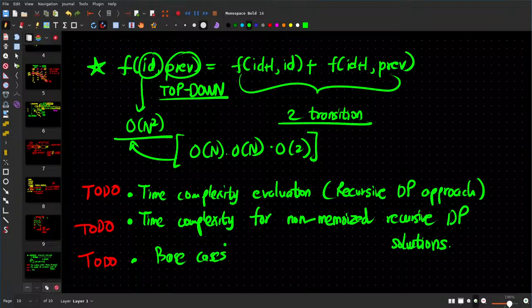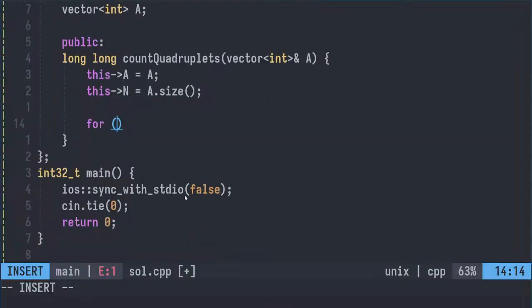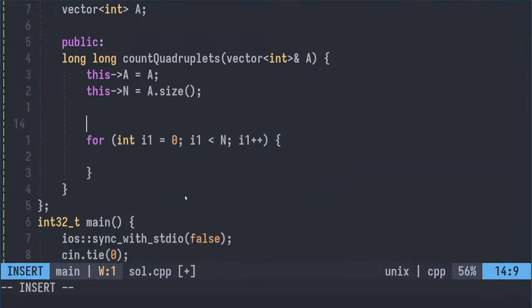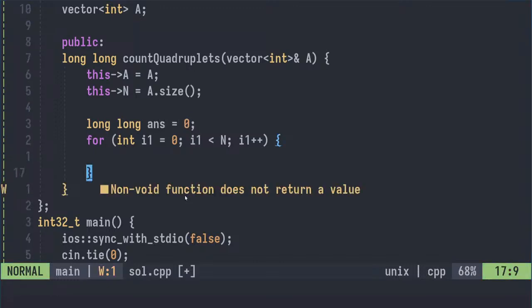I will implement this and then we will go over that. First I need to give some of the values for I1. So let's try I1 equals to 0 to, and this would be answer,